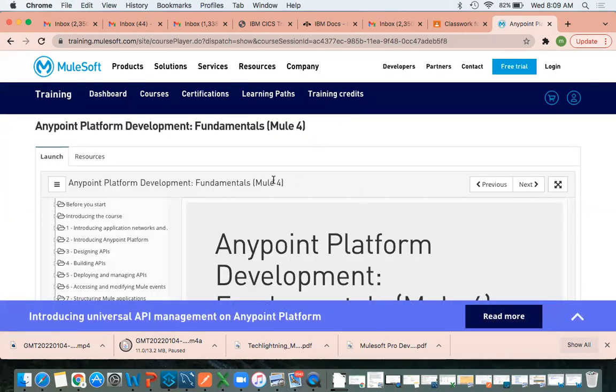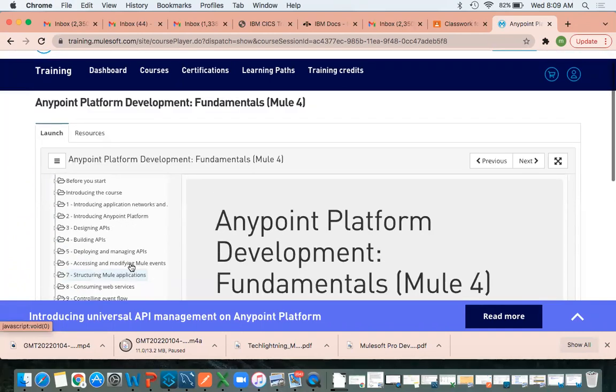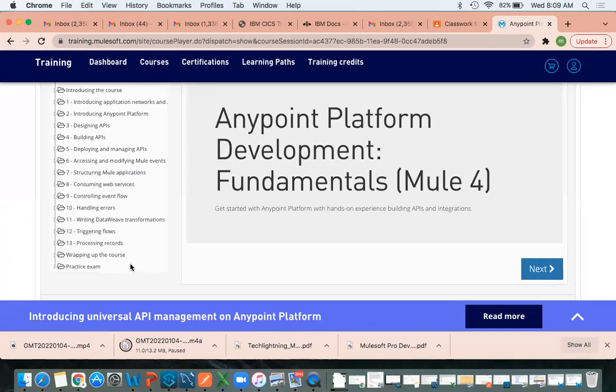As soon as you register, you will get this. See here, almost 13 sessions will be there, and then one practice exam and one wrap-up course. Total 15 will be there.